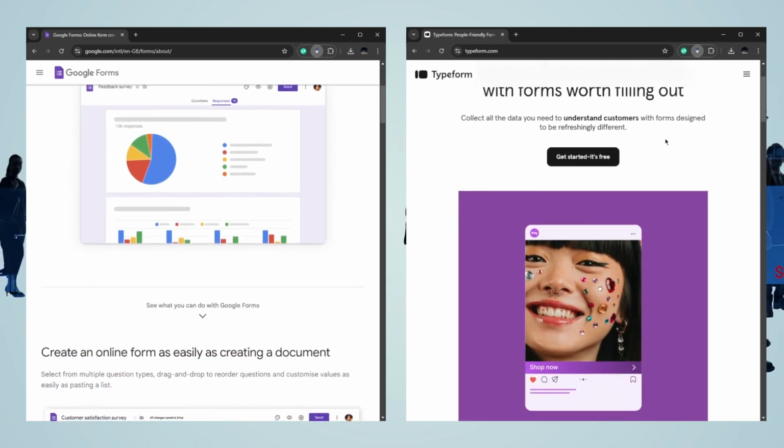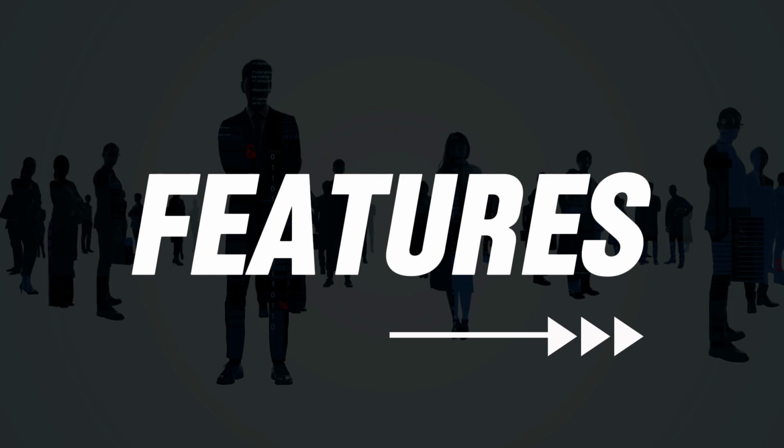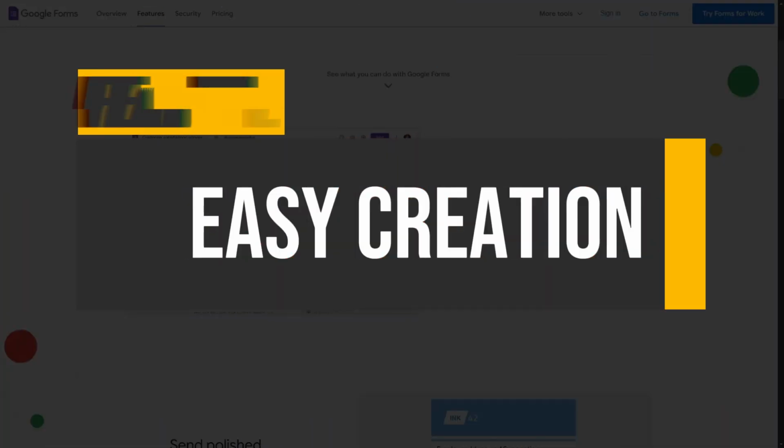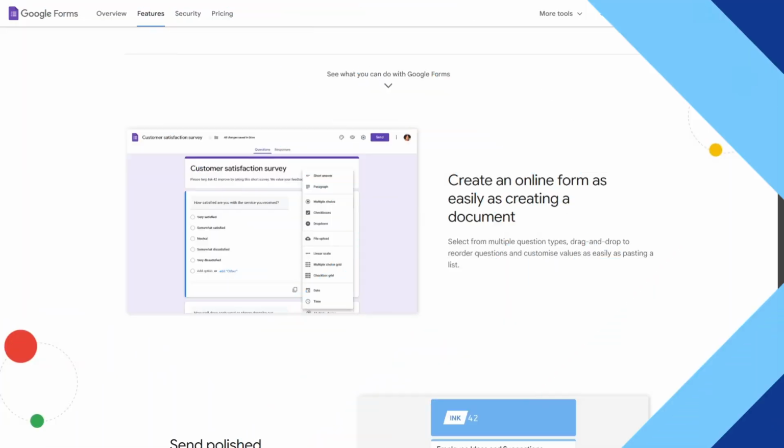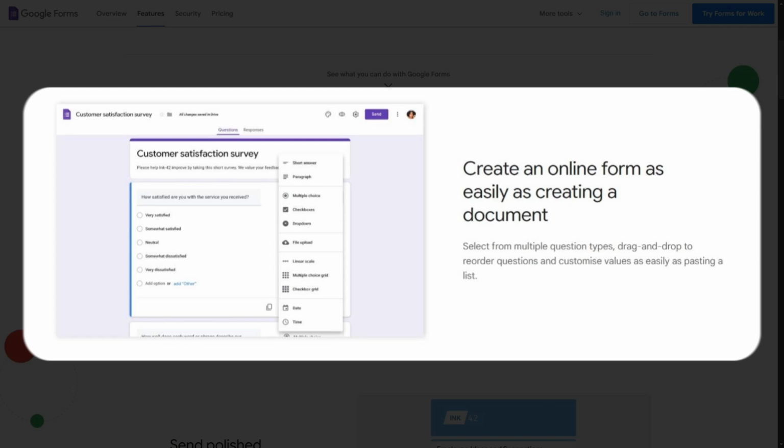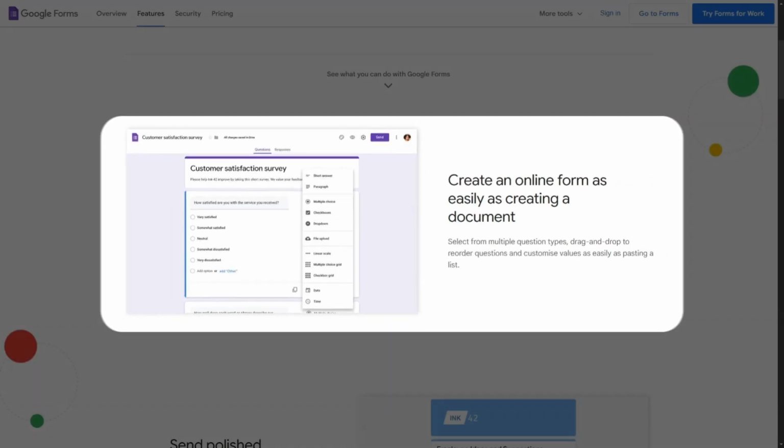Now, let's talk about their features. Let's start with Google Forms. Easy creation. Creating an online form is as simple as drafting a document. Google Forms offers an intuitive interface that requires no technical skills, allowing users to quickly set up surveys or questionnaires. This ease of use makes it accessible for everyone, from educators to businesses, ensuring that anyone can gather information efficiently